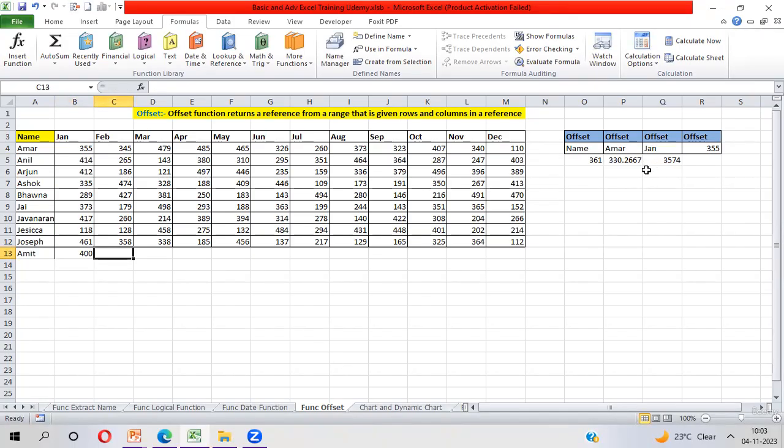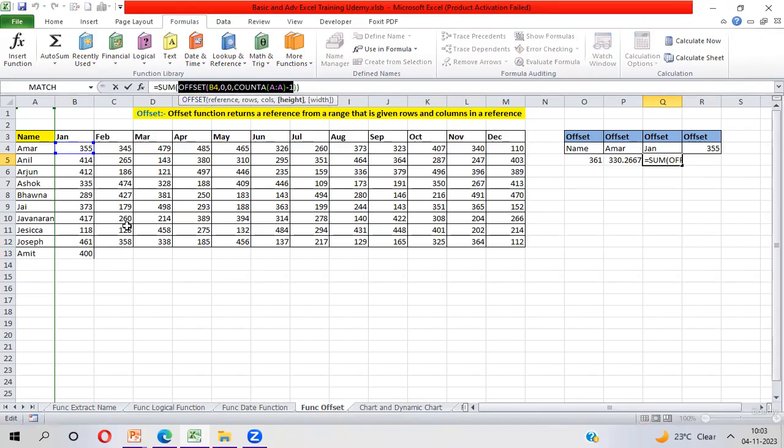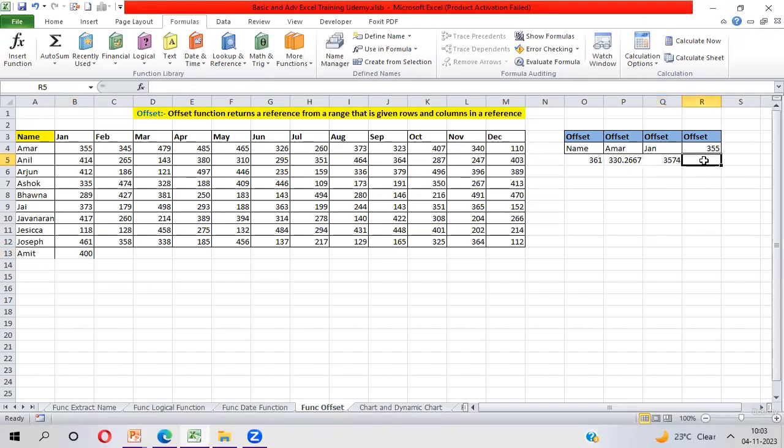Okay. So this is a completely dynamic formula. It's making a dynamic cell reference, a dynamic range. So that's why whenever you enter more data here, you will get auto increment in this value. Okay. So now I'm taking one more example, how we can create a dynamic range on row height and column width.